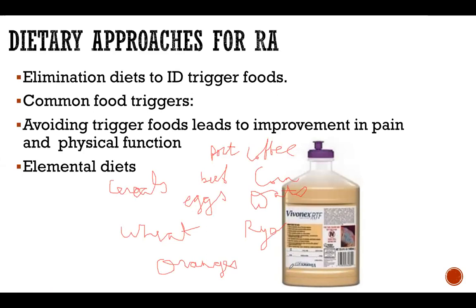Elemental diets. So pictured here is an elemental formula. And what this means is it is a complete nutrition product, meaning it supplies everything you need. However, the form of nutrition has been totally broken down. So you have single carbohydrates such as glucose. You have single amino acids. You have medium chain triglycerides that don't require bile for digestion. You have vitamins and minerals. And so this is kind of like an